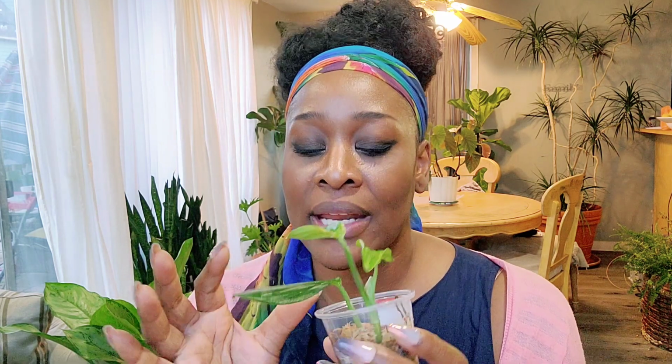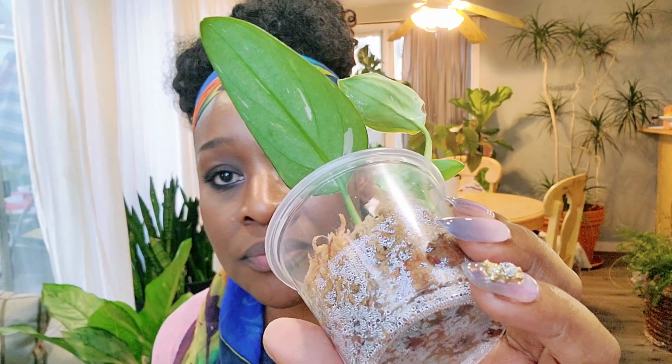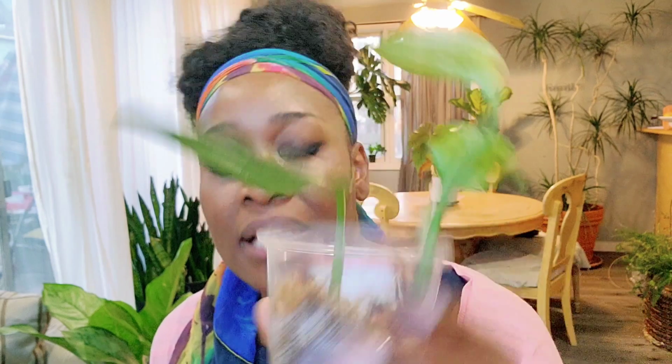I can only tell you, when I got this plant in trade, I sat in my car and I just stared at her. The texture of this plant is amazing. Even looking at it from the bottom of the leaf is so beautiful. Look how pretty she is. I love this plant so much, and it made me feel good because the person who traded this plant with